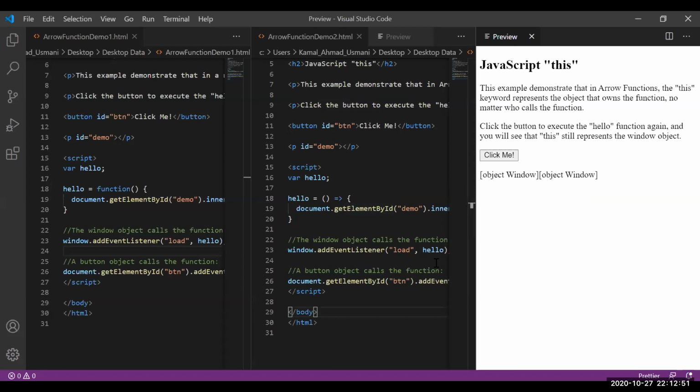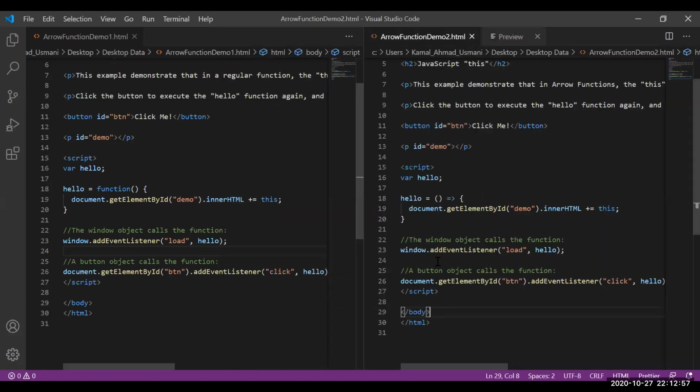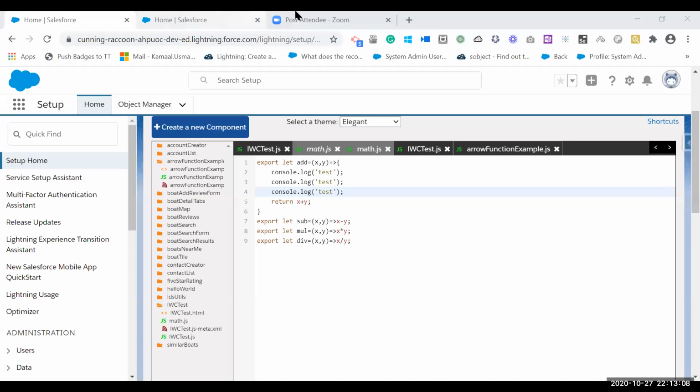Now let's see the same thing inside the LWC. Okay.